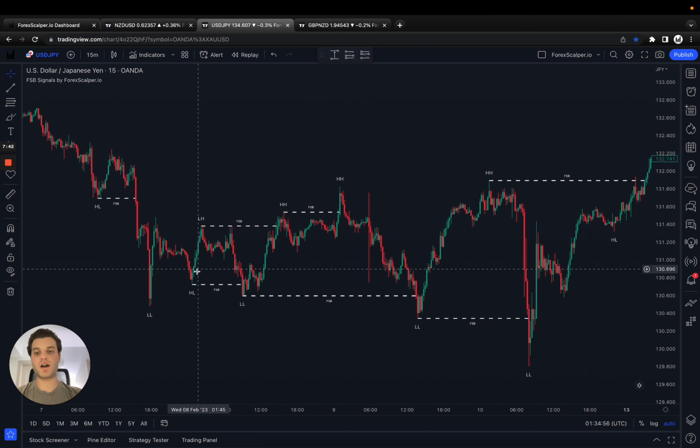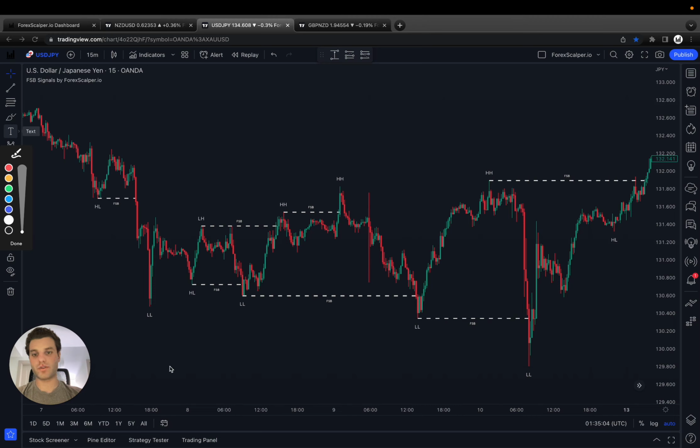So that means if we're not taking a FSB reversal, which we could have taken here, we could have taken FSB reversal there, right? So we're just catching these W formations, spikes to the downside. But if we're talking about FSB breakouts, let's say you only trade the breakouts. The reversals are more for advanced traders, I would say. So if we're talking about only the breakouts,